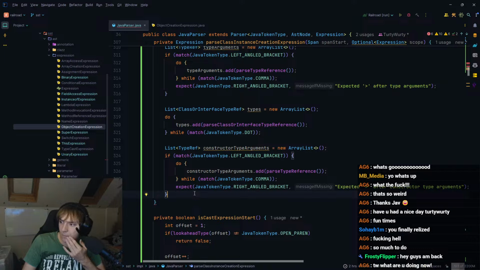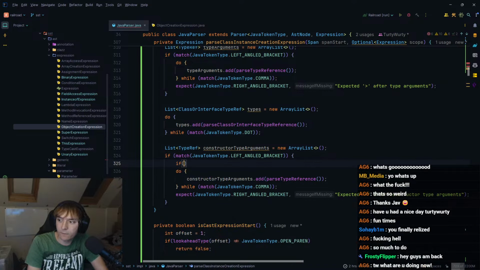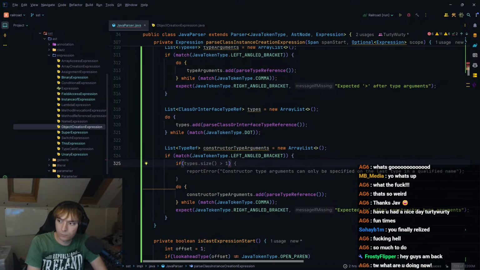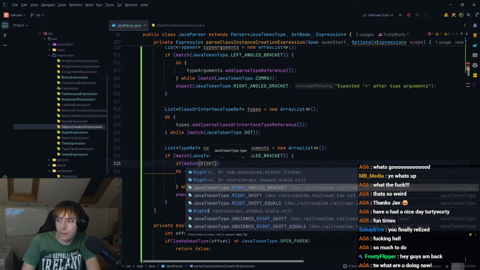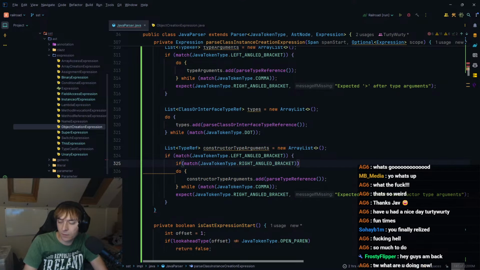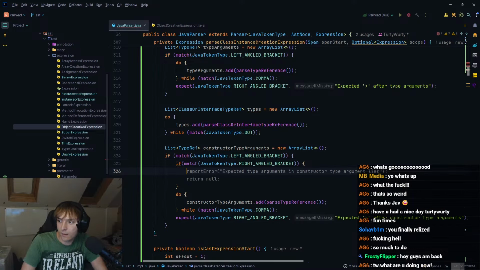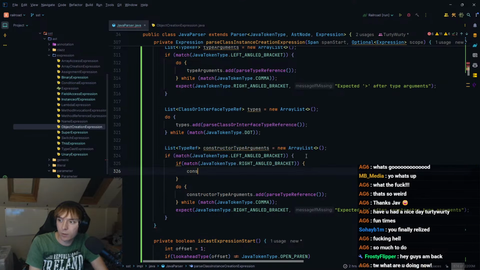Now the only caveat is that if we match a right angle bracket straight away, then what we want to do is constructor type arguments dot add a new